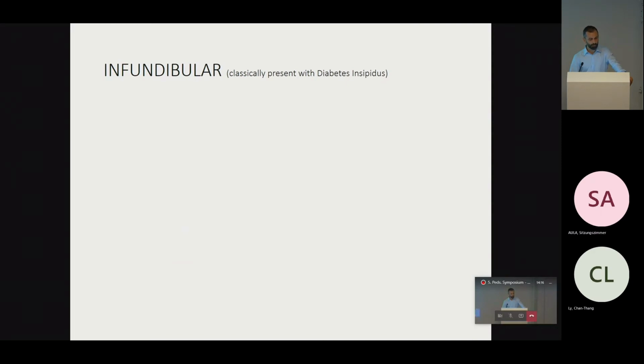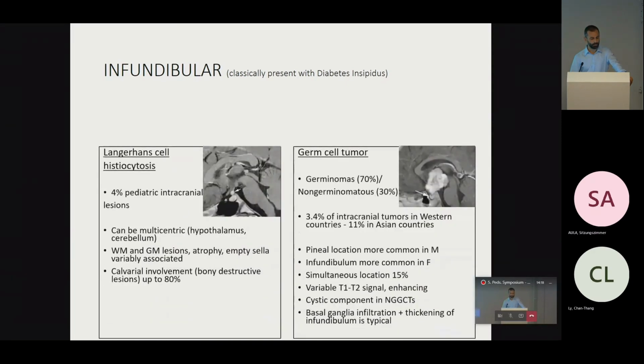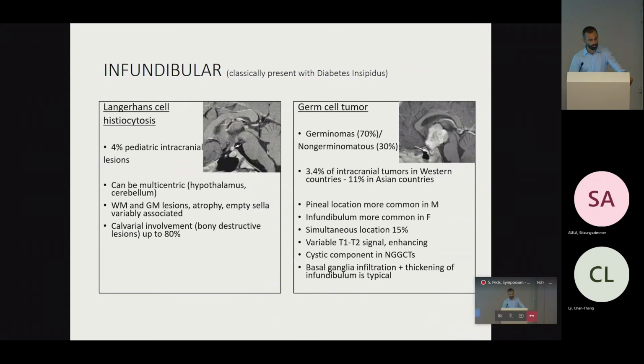Now, infundibular lesions usually present with diabetes insipidus, and for the pediatric population we should keep in mind Langerhans cell histiocytosis, which is not really a tumor. It's a fairly common pathology in childhood and not that much in adults. It's the typical pediatric differential diagnosis, and it involves typically not just the infundibulum, but also the white matter, gray matter, namely the brainstem or cerebellum, and also the calvarial bone,